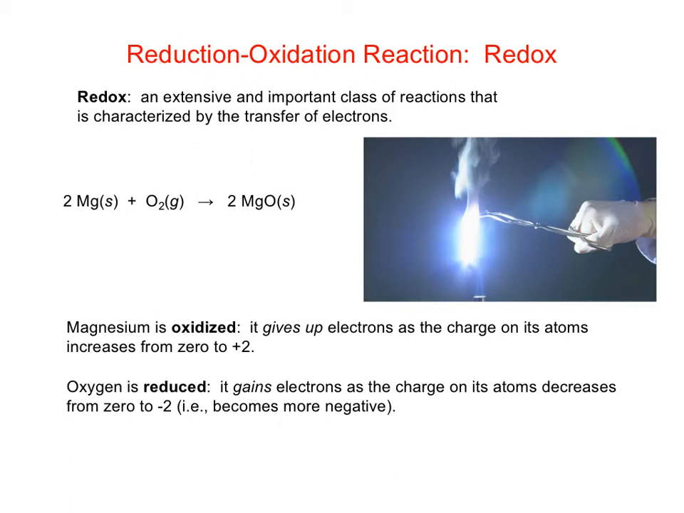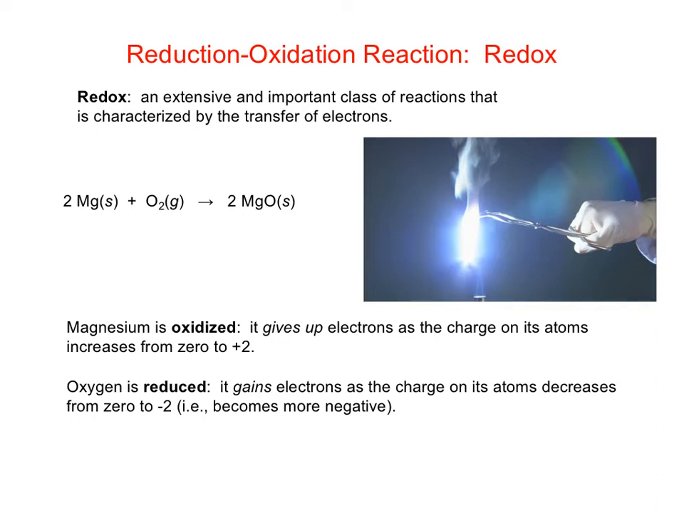And very often we shorten that. Rather than saying reduction-oxidation, we just say redox. Now, redox reactions are an important class of reactions that's characterized by the transfer of electrons. And it's not always true, but it is not uncommon for redox reactions to be extremely energetic, like this reaction between magnesium and oxygen. And so, to see how the electrons are being transferred, what we want to do is